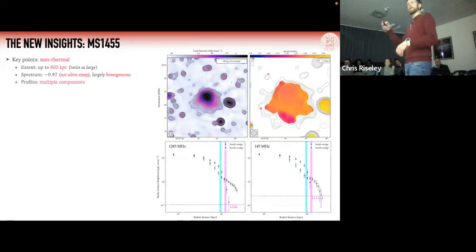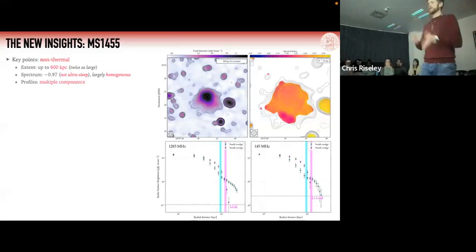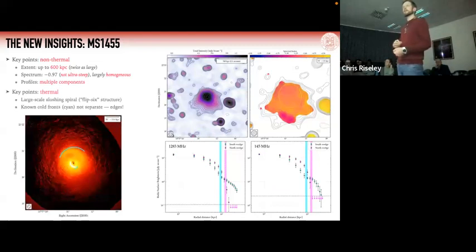We looked at radial profiles along a couple of different directions, and they showed evidence of multiple components in different directions. So the cyan data points are tracing a wedge going along this south direction, and you could probably figure this out just by looking at the map, but then when you look at the profiles, you can really see it. And the north wedge went straight north where the contours are very closely packed together. And at both frequencies, we see similar behavior. We see multiple components towards the south, but not towards the north.